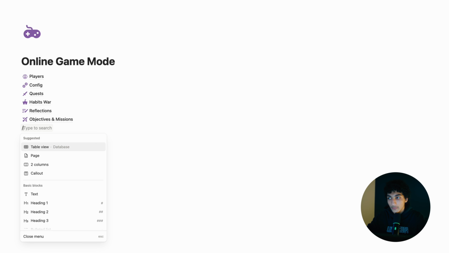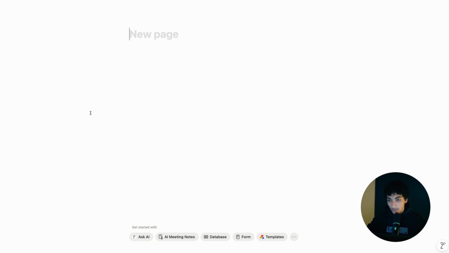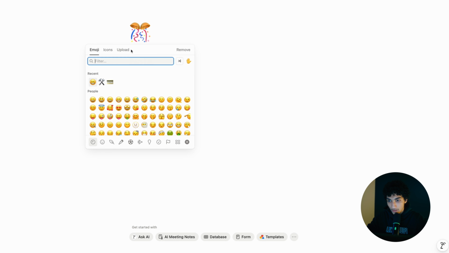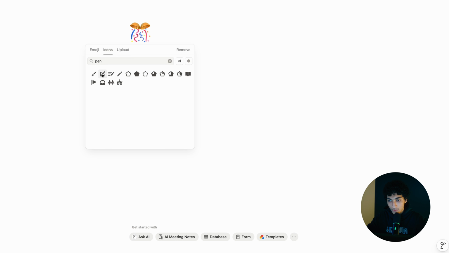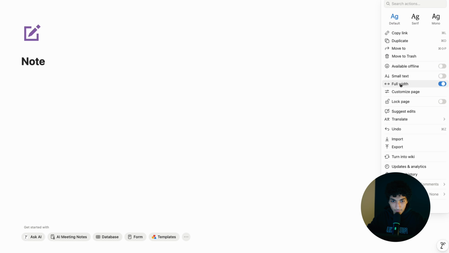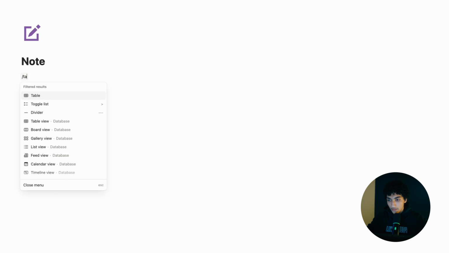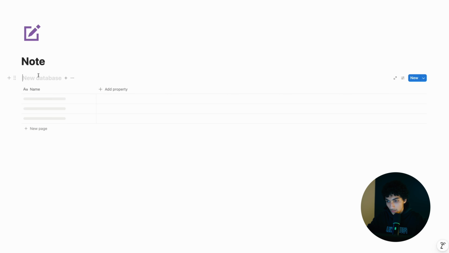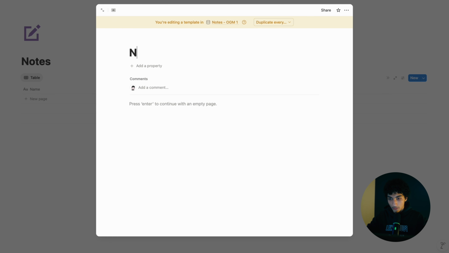Now let's move on to, let's say not the last database. We still have some other stuff, but the actions database, I will say. So we have nodes, and it's pretty much easy. I will keep it easy and simple. So table view, nodes, we call it OGM1 as always, behind the title, and new template. So new node